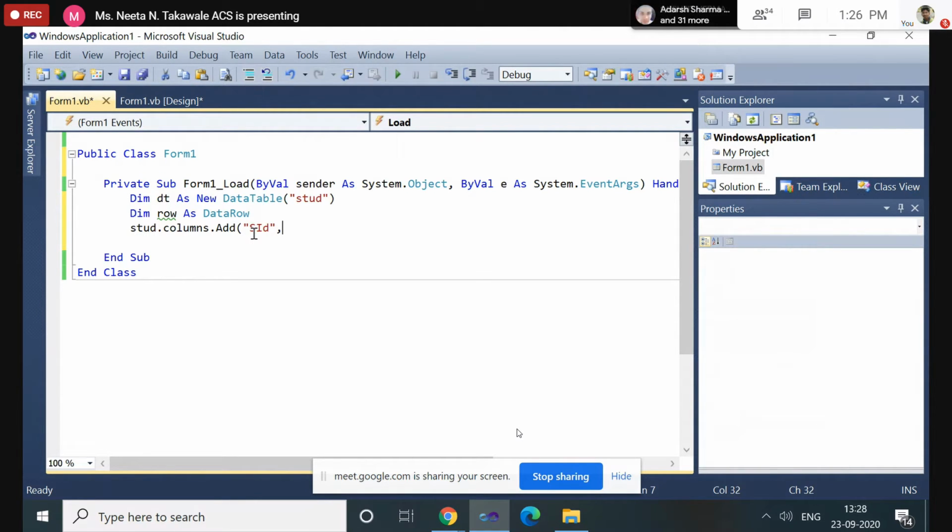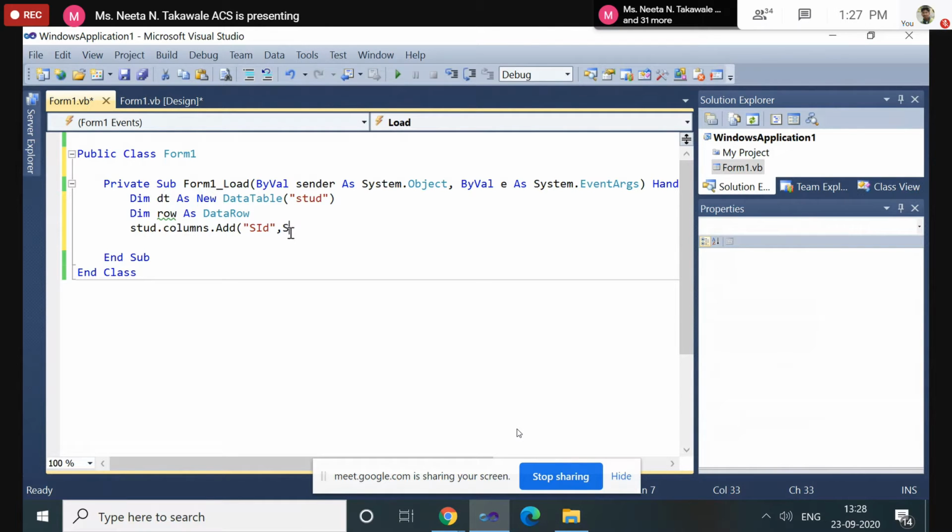Now, next thing is you have to define the data type for this. When we are designing it with Access and SQL Server, they provide the different data types. We have to just select the particular data type. Now, here we are creating the table through coding. The table name is student. Now we have to add the column label. So the first column label is student ID. Now, second thing is we have to define the data type for that column. So how can we define it?